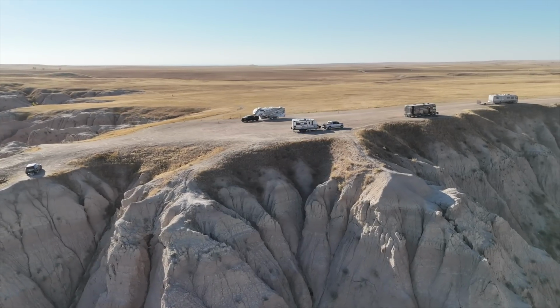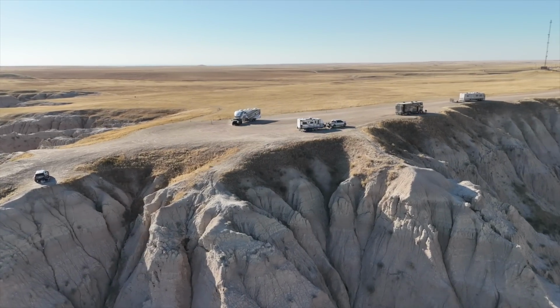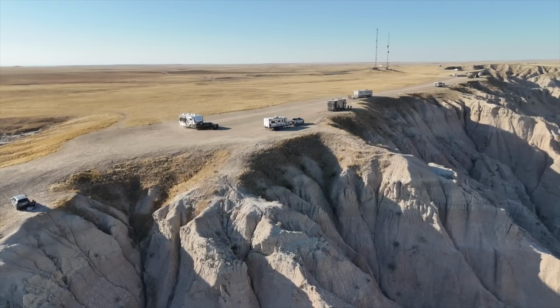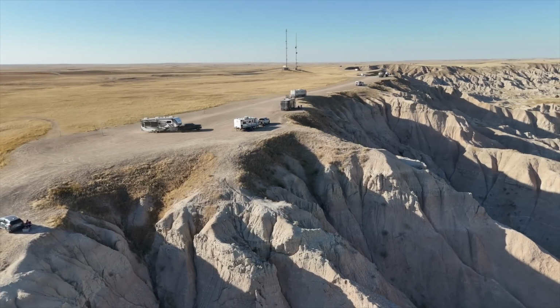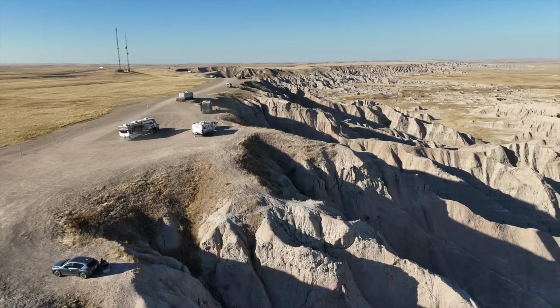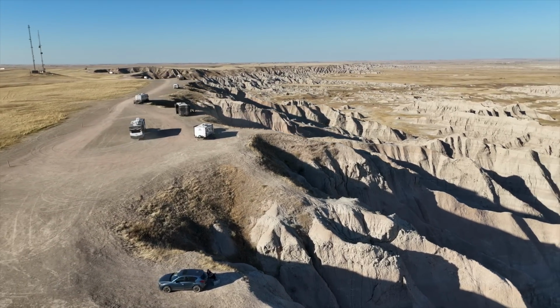And we haven't been here since 2020, I want to say. This is one of the most iconic boondocking spots that kind of gets around the RV world. It's very easy to get to. It's very close to amenities like Wall, South Dakota, the town, as well as the Badlands National Park for things